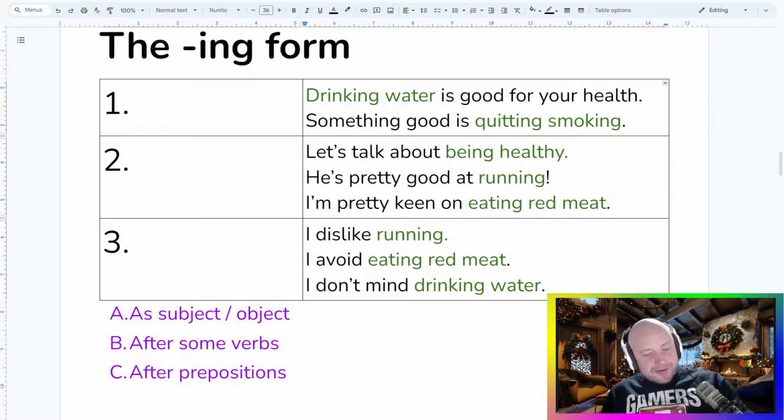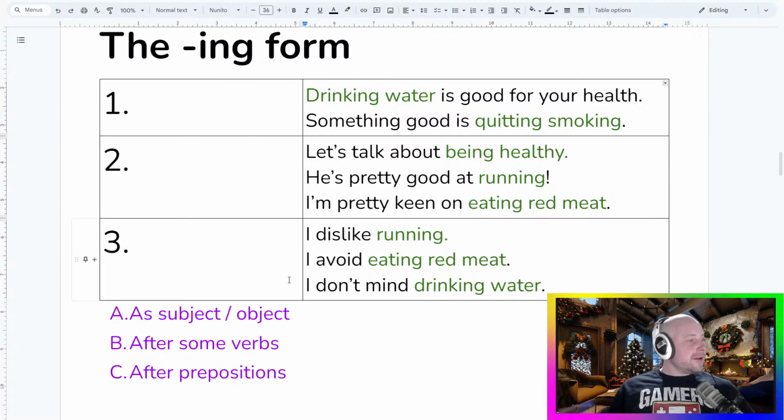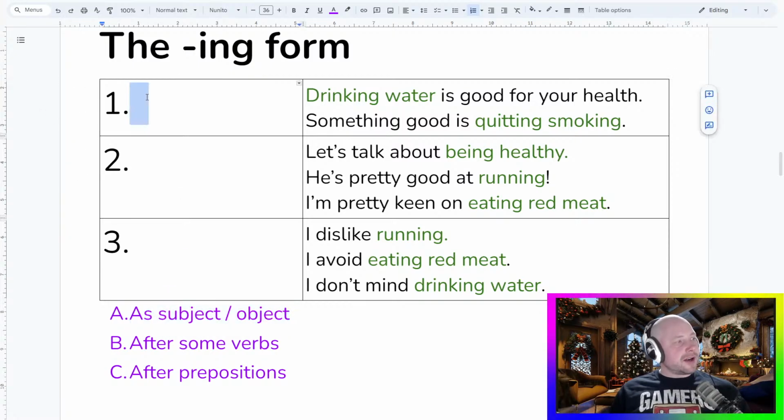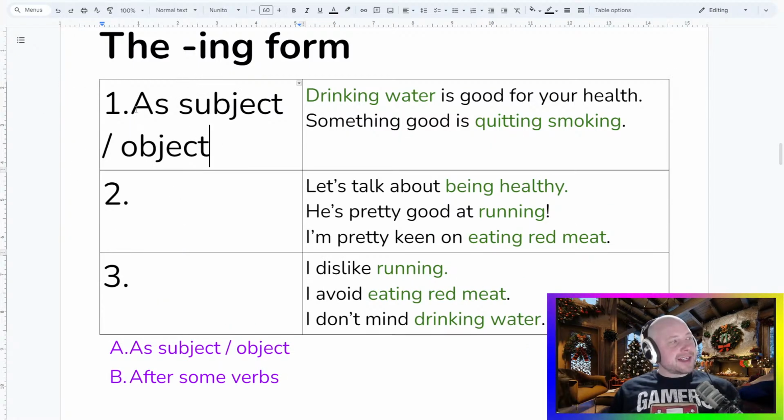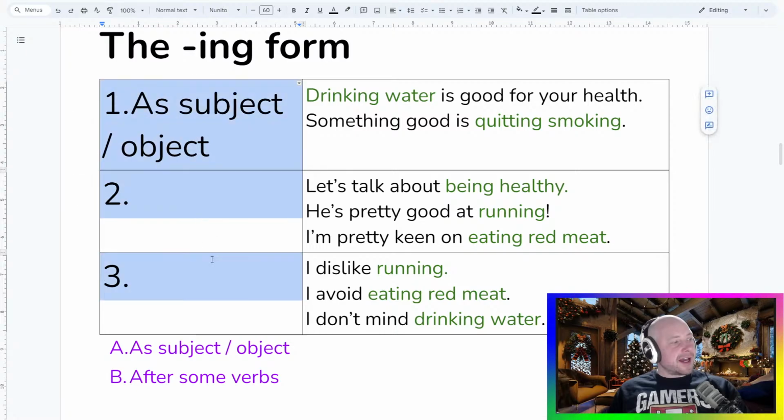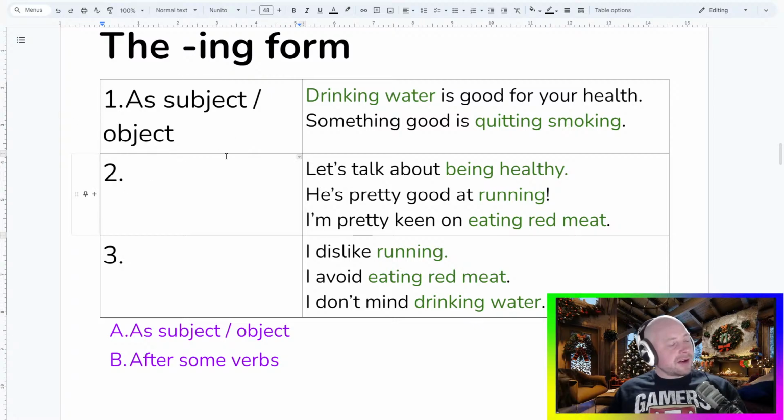All right, so I'll give you the answers for this one. For number 1, this is, of course, acting as a subject or an object. And that is when we could say that this is a gerund. For number 1, that is a gerund. You might also say that, in fact, for number 2, because number 2...